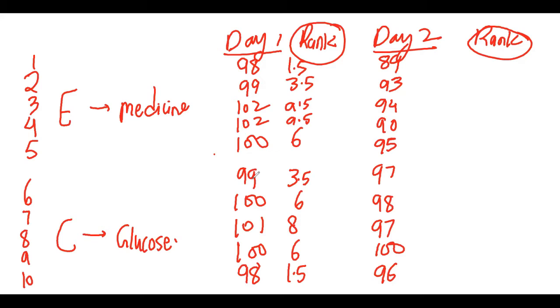Now I calculate the mean rank, the average of this. Similarly, I will find the average of this. So you can calculate 1.5 plus 3.5 is 5, plus 10 is 25, plus 15 is 40. So 40 divided by 5, because there are 5 people, the sum of the ranks is 40. So 40 upon 5 is equal to 8. So the mean rank is found to be 8. I hope you understand this.